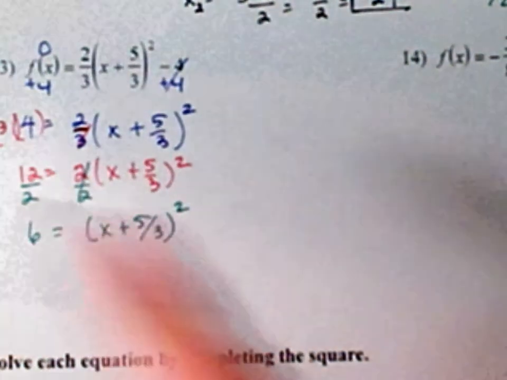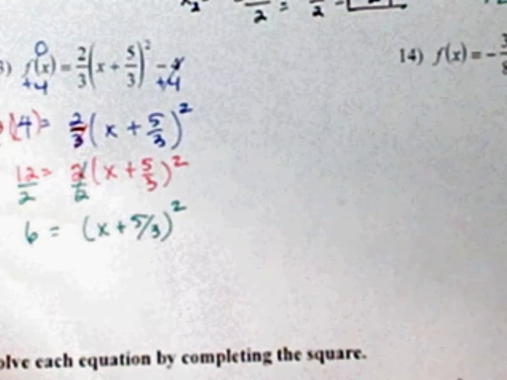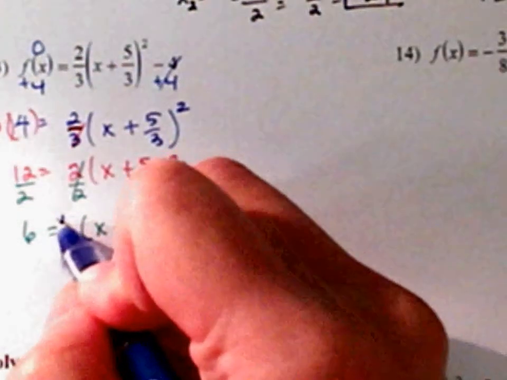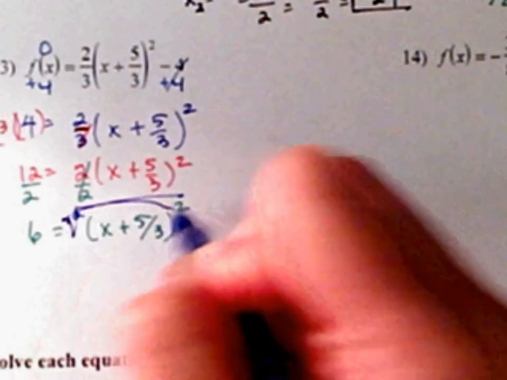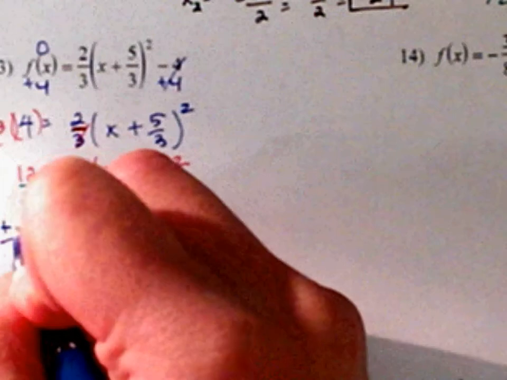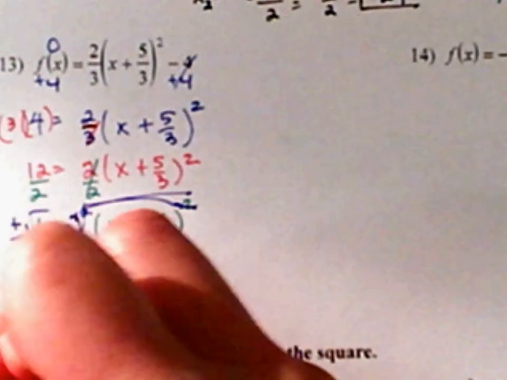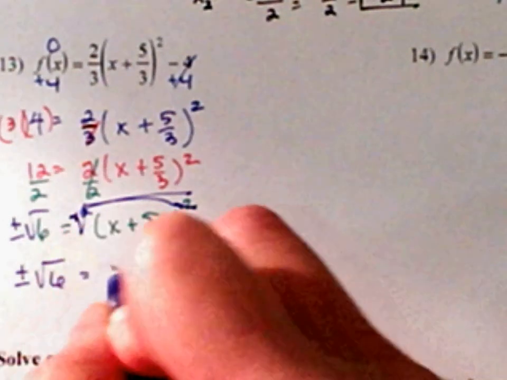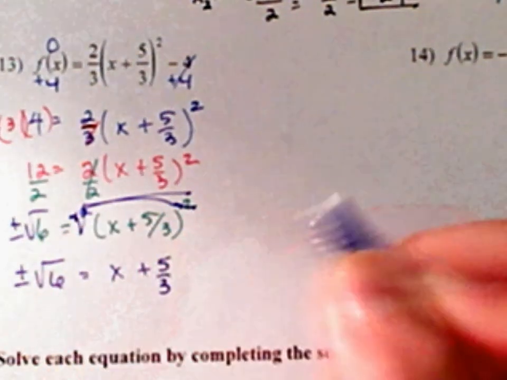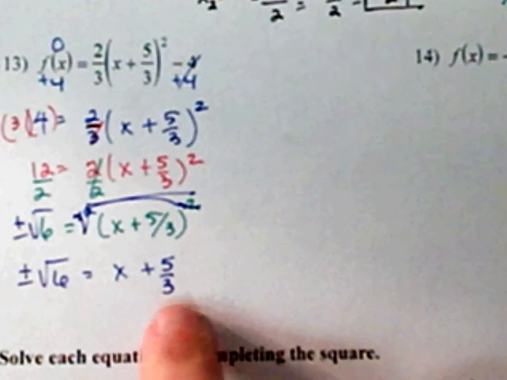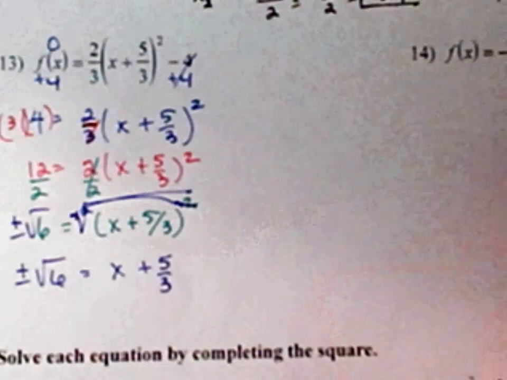Now you can get rid of that square. And how do you get rid of the square? You take a square root. Okay? What you do to one side, you do to the other side. So now you have plus or minus square root of 6 is equal to x plus 5 over 3. How do you get rid of that? You subtract. And when you subtract 5 over 3,